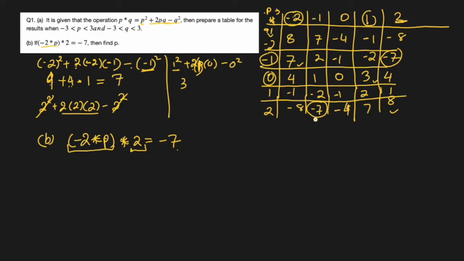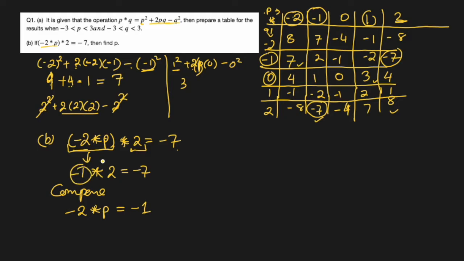So this one we will take. That means the first number is -1. So this can be written as -1 star 2 equal to -7. Compare, and by comparing it means that -2 star P equal to -1, this -1, because this two, -7, -7,